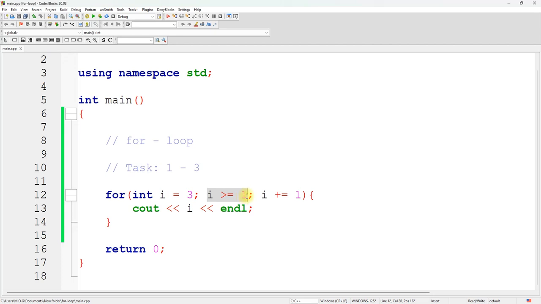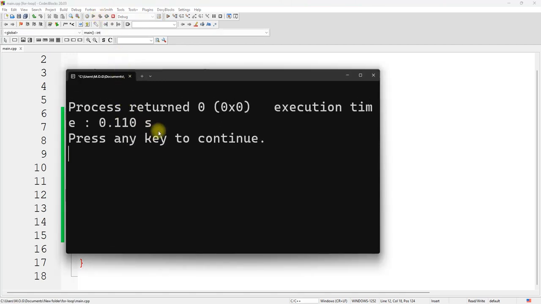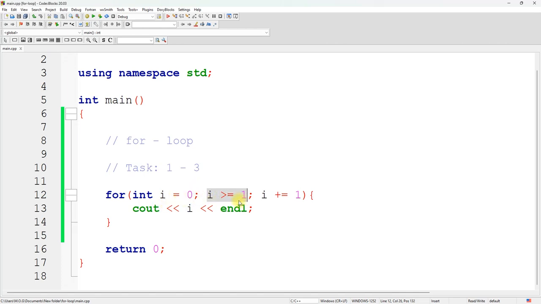so make sure your step and your condition are properly formed. Again, another issue that can make your day bad is the situation where your loop is not running at all. Sometimes you can execute your loop and you can see no counting. We are trying to get from 3 to 1, but you can see it doesn't work. If your loop is not working, the first thing to check is the step and then the condition. Now we have stated that we want the I to start from 0, and this I that you want to start from 0, look at the condition. We are saying that the I is greater than or equal to